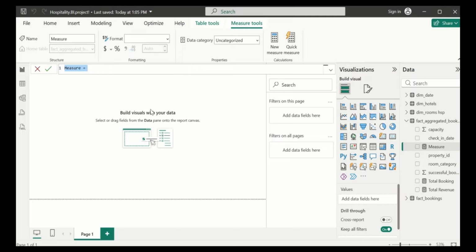But for total successful booking, we will only count the booking IDs that were not cancelled. So we're going to write total successful booking